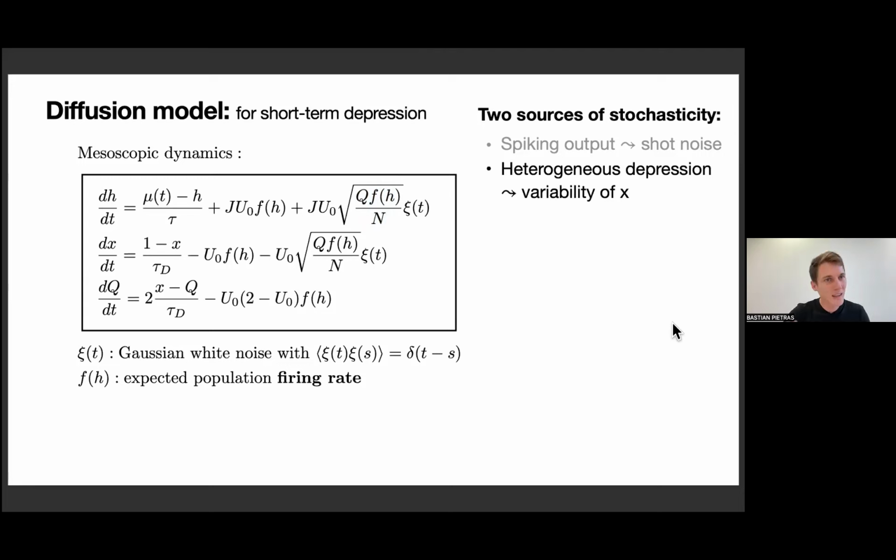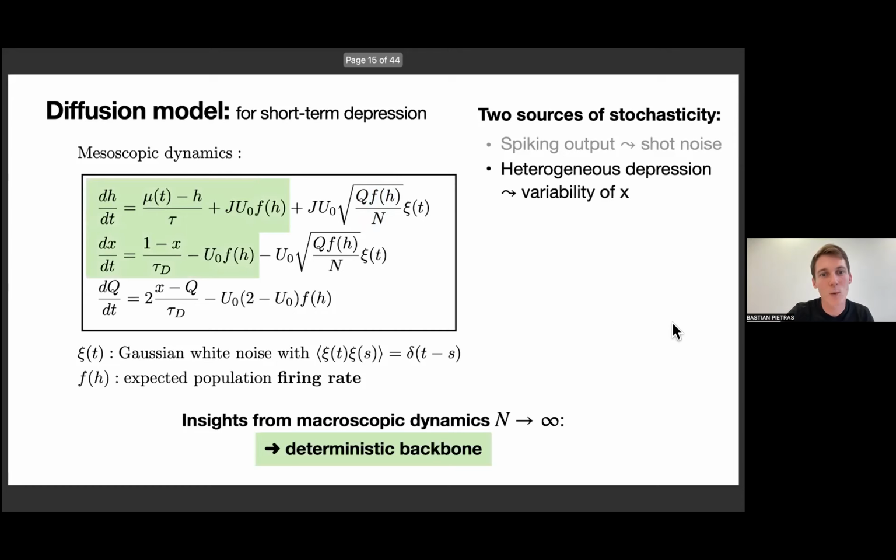Interestingly, in this diffusion model, a first step is we can go to the limit N to infinity. If we take N to infinity, the noise vanishes and we end up with what I call the macroscopic dynamics, or this deterministic backbone. Usually this deterministic backbone can give us hints at all the dynamics that are relevant for the actual network behavior. So for instance, just looking at the deterministic backbone, at this two-dimensional system, we can apply dynamical systems theory,